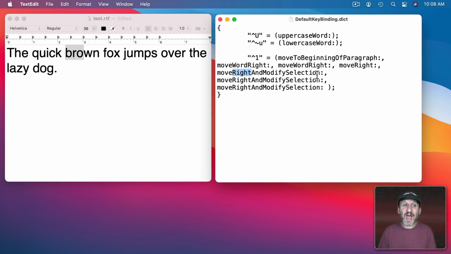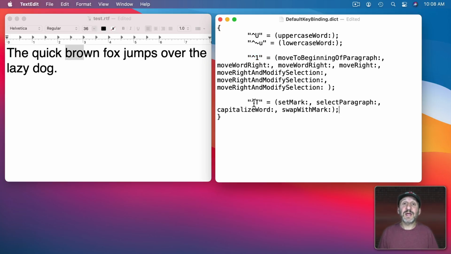So if there's some specific task that you need to perform on a bunch of text data, you can create shortcuts like this to make it easy. Instead of having to do all of these different things or fumble around with the cursor to select things, you can set up a series of commands like this and assign it to a single keyboard shortcut. Here's another one. Here I've set Control Shift T to select a paragraph, so the entire paragraph that's there, and use capitalized words. So it's going to make it title case. Every word will have a capital letter at the beginning.